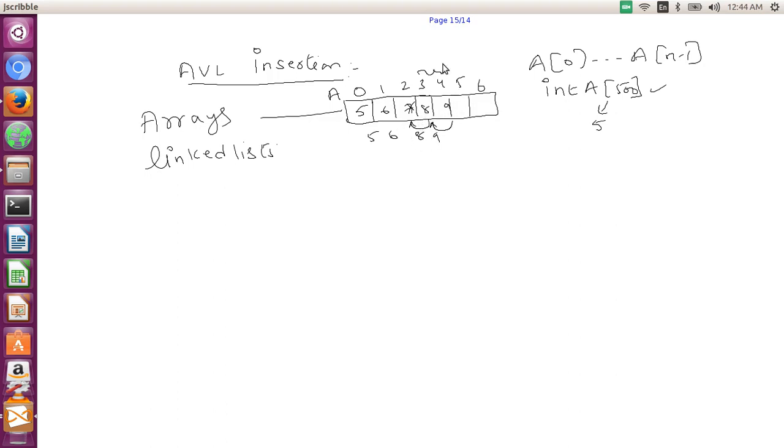Everything is static in nature when it comes to arrays, whether it is size or the movement of elements. Everything is static and cumbersome for us once we start using arrays. And to avoid all those things,